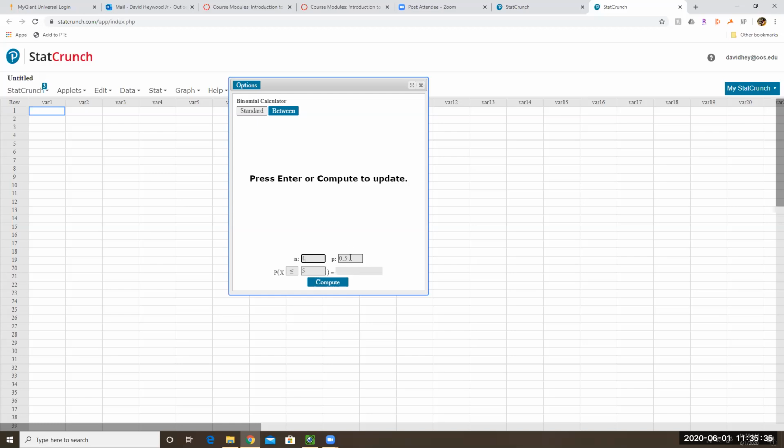And I'm going to put in 3/5 for p. 3/5 is the same as 0.6. I'm going to put in 0.6 for p. And then I want the probability that x equals 0. That's 0.0256. So I'm going to write that down on my paper,